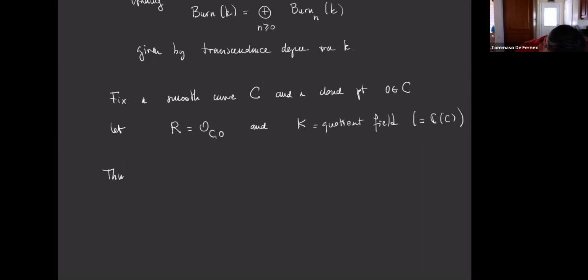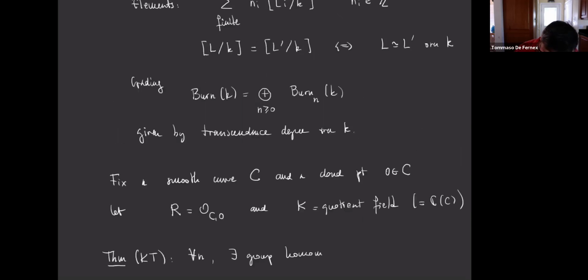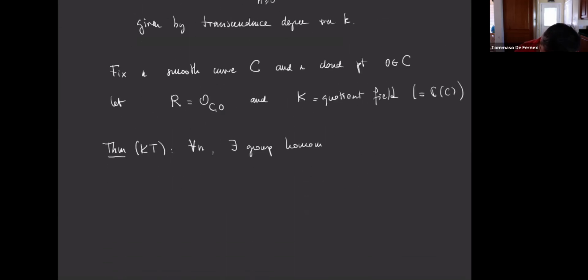Okay. So the main theorem, the key step here, again, this is Cinco, is to prove the following: for every n, there exists a group homomorphism rho_n going from the Burnside group of the function field, so the field at the generic point, if you like, to the Burnside group of the residue field, we can think of this as being associated